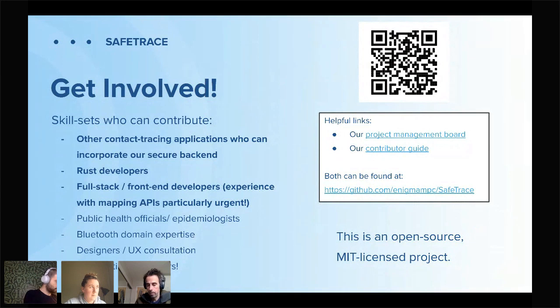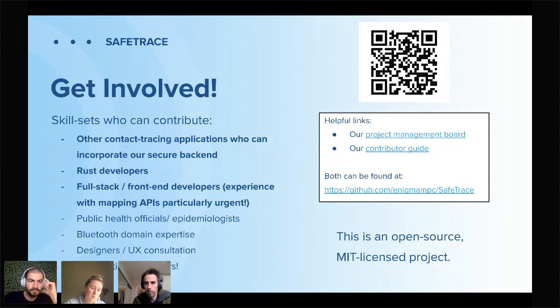But SafeTrace is an API, so some of the things that we would love to see from this hackathon are people who are building other types of contact tracing applications who could benefit from a shared backend and actually match their data with the data from other types of applications. Our backend can be flexible, and we're open to thinking about what we can change about the data that we're gathering to be more compatible, for example, Bluetooth data.